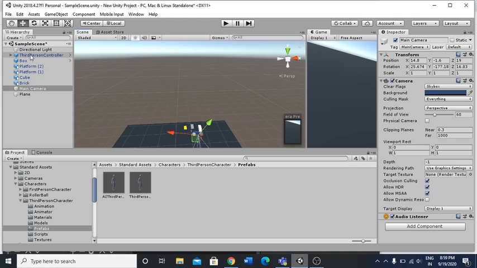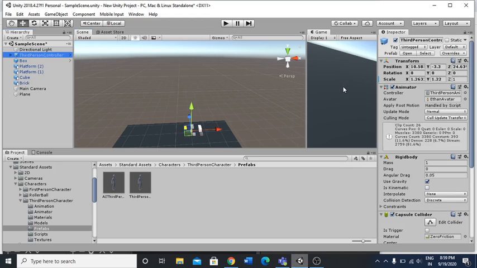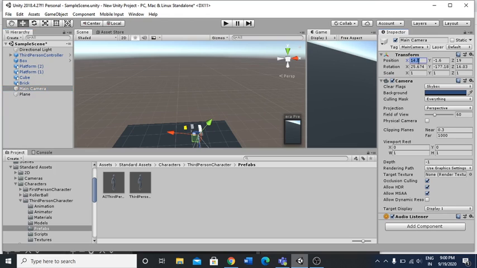What is the position of the character? It is 10, -3 and 24. So I think we can define the same thing for this camera too: 10, -3,